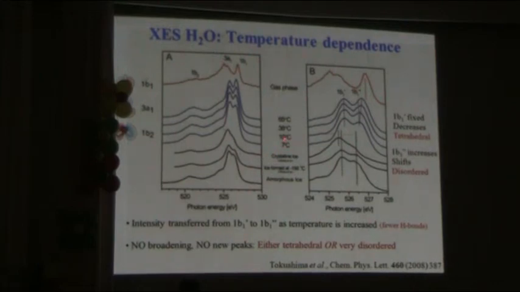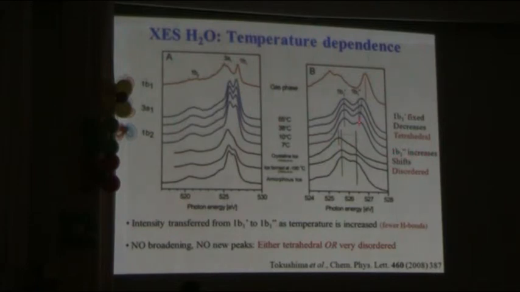We have a sequence of different temperatures, and we can see that when we heat the liquid, the peak here, which is close to the tetrahedral position, goes down in intensity, and instead the other one rose in intensity. Here we zoom in to just this region. And what we can see is that this peak that we will call tetrahedral stays at a fixed energy position and decreases in intensity, while the other one